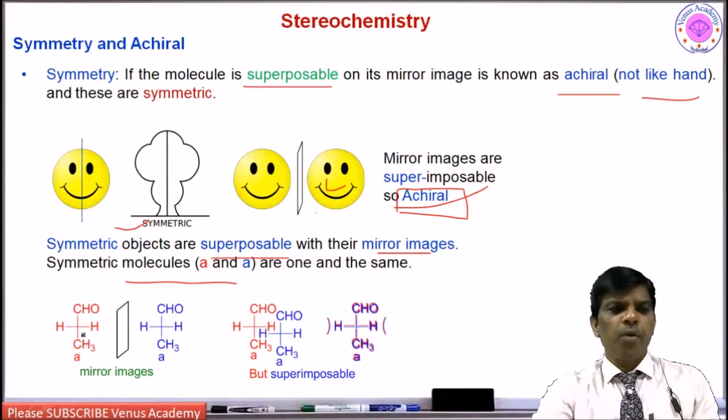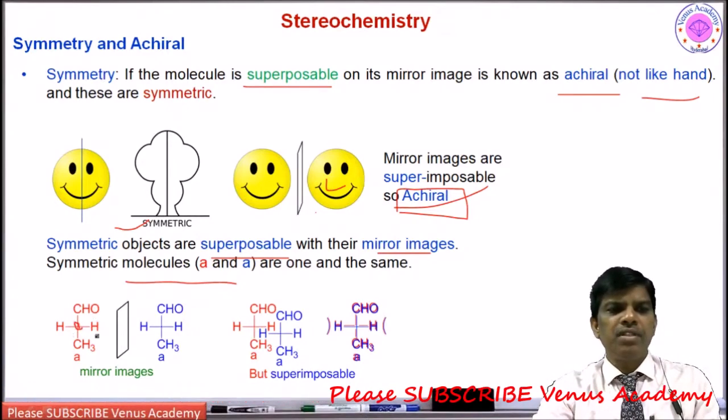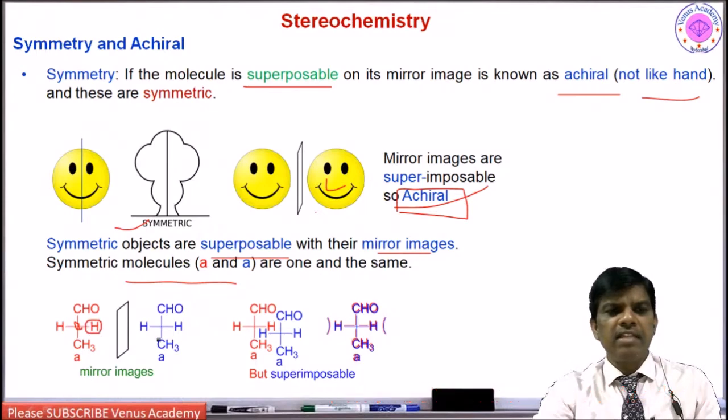So if I take this propanaldehyde, this carbon is attached to two hydrogens, the same two hydrogens, methyl downside, aldehyde upside, and the mirror image. Since this hydrogen is the same and this hydrogen is the same, if I put this blue color molecule over the red color molecule, yes, I can put it superposable. So this is achiral,